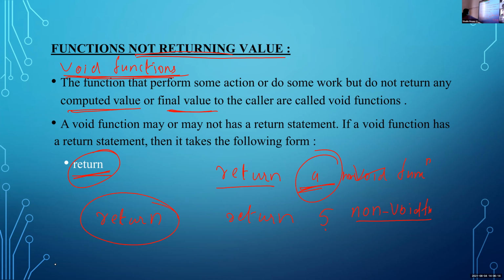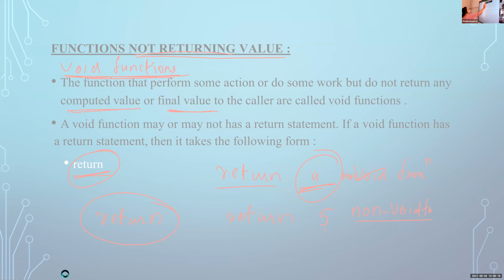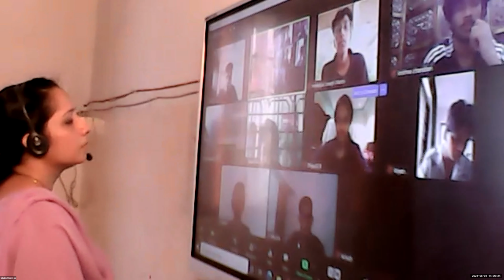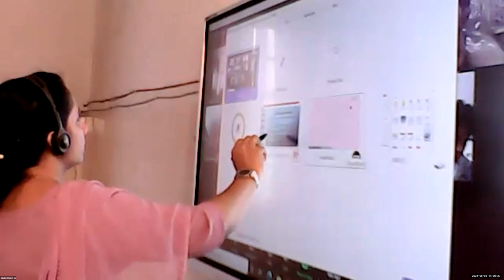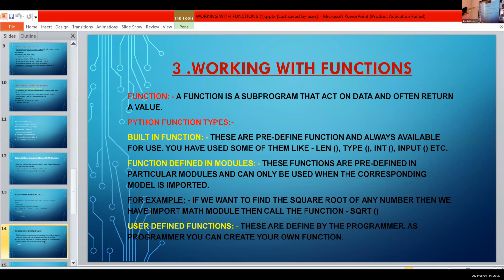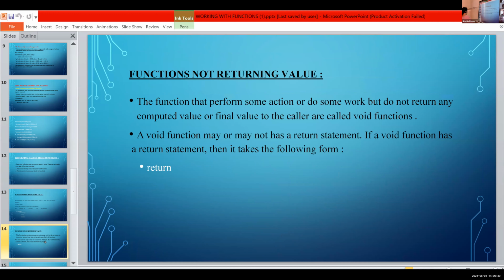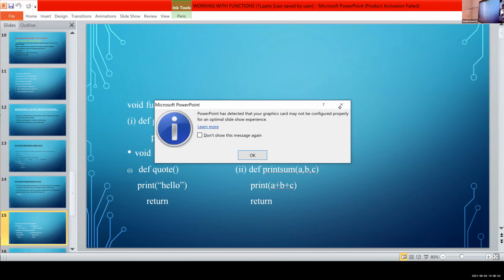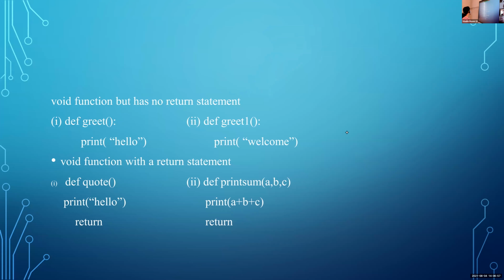Then about void function, we are just using a return statement only with no values.